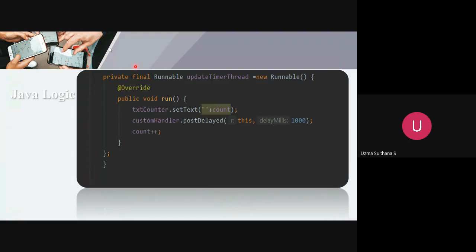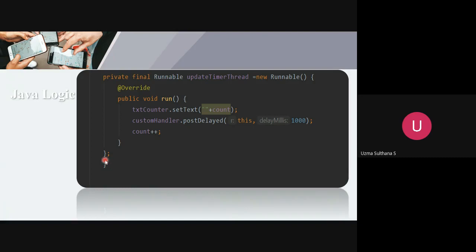As you can see here, we have a method which we have defined. The IDE has not given us this. It is a runnable, for which we are giving a variable, the runnable updatedTimerThread variable. This is a variable of type Runnable. So it is going to call the constructor new Runnable, and we are going to define it here directly. It is an asynchronous method, so you can see here the semicolon is closed here.